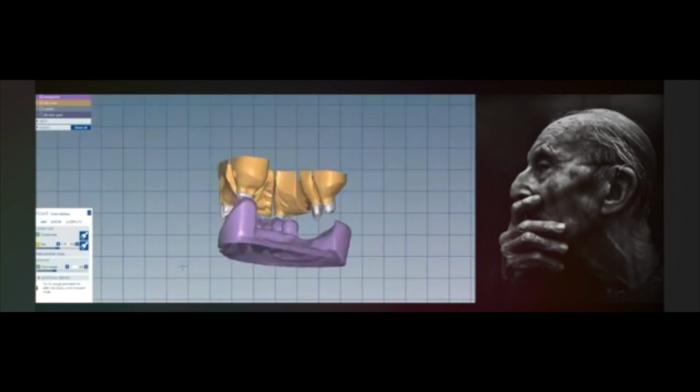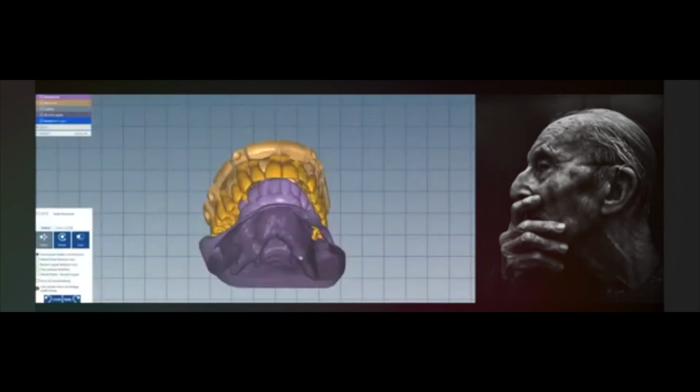At the end, let's see a video of how we design a zirconia framework. The software